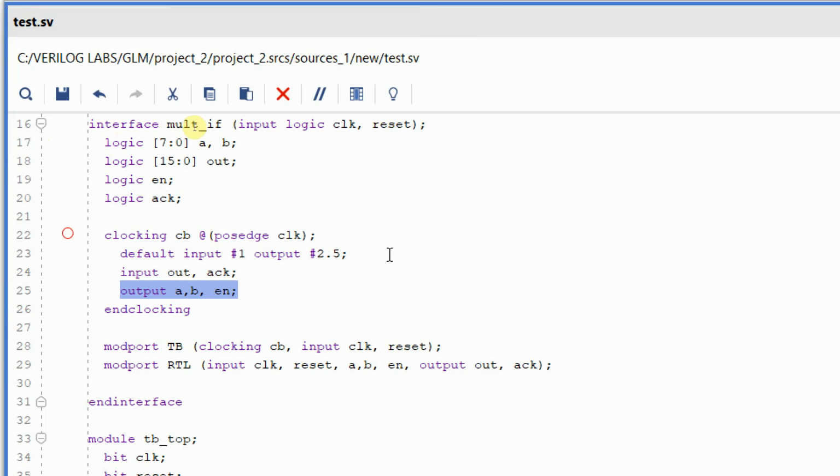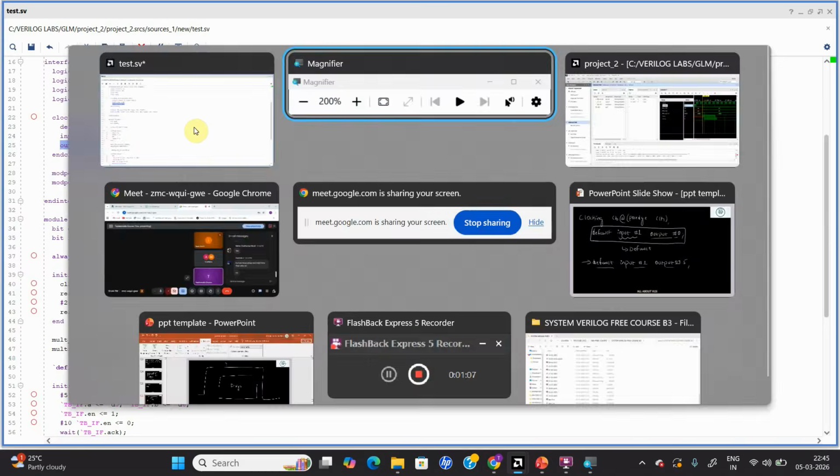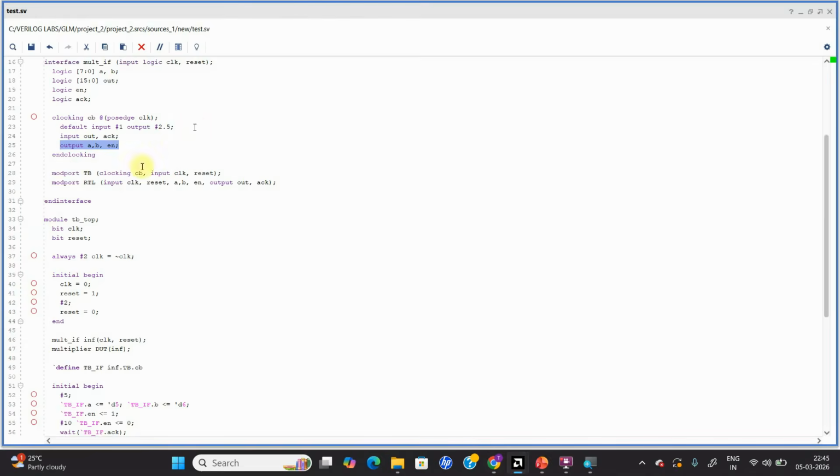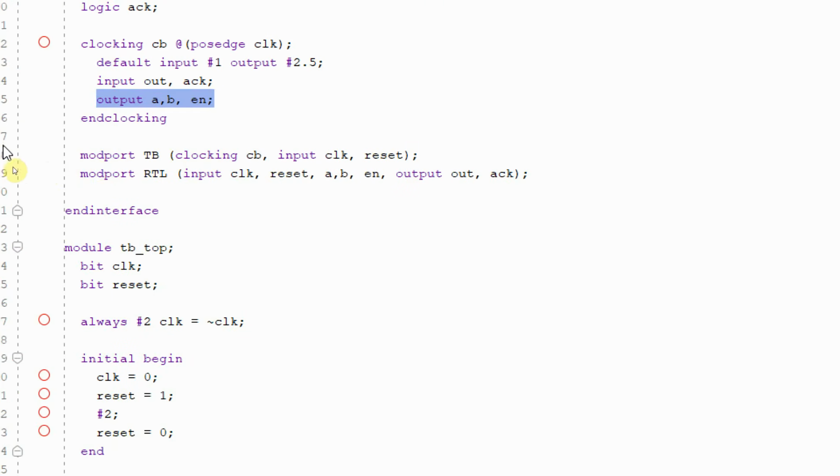Okay, is it clear, guys? I hope it is clear, right? So this is how I'm going to mention my requirements. Now, next, I'm going to write down my modport TB, and here I'm